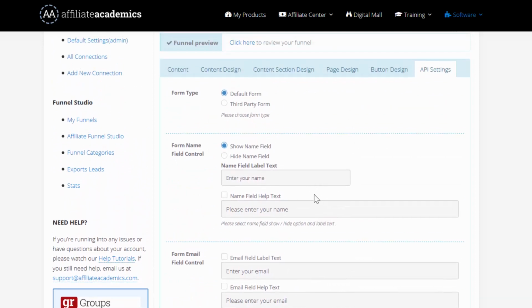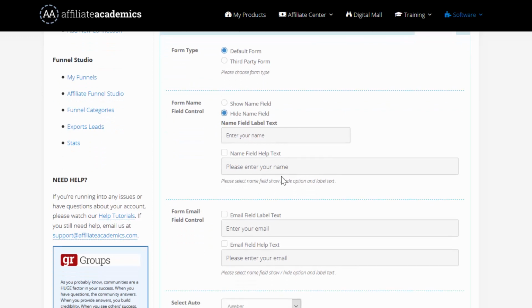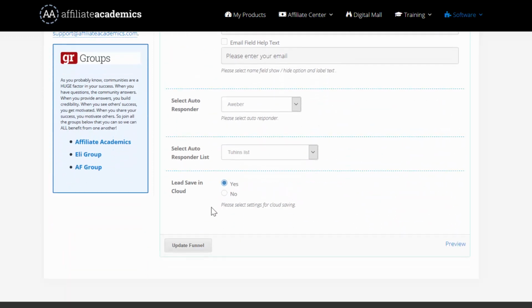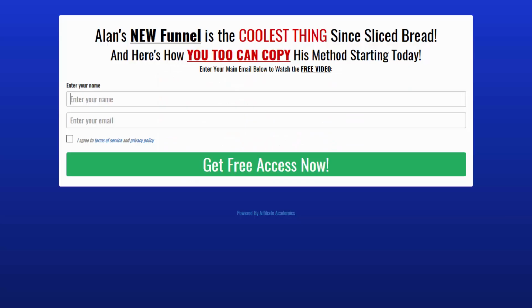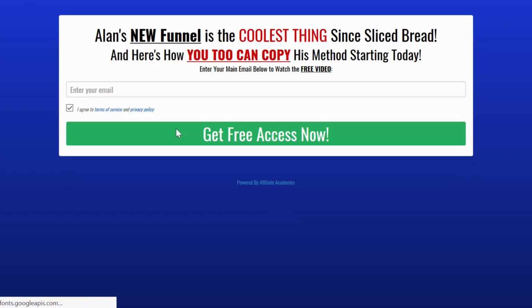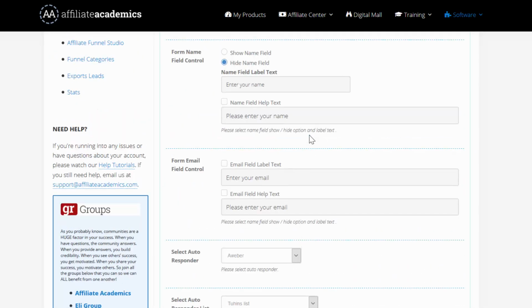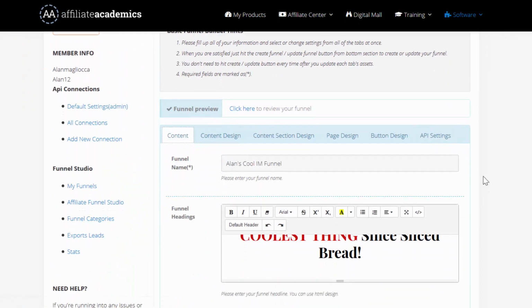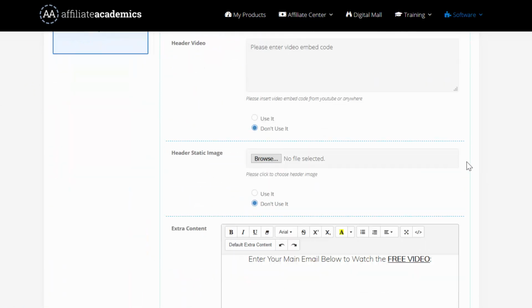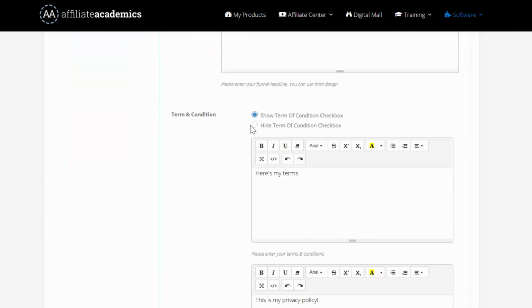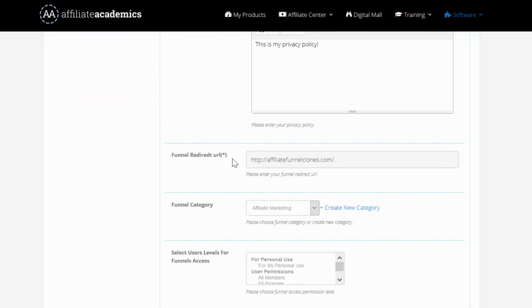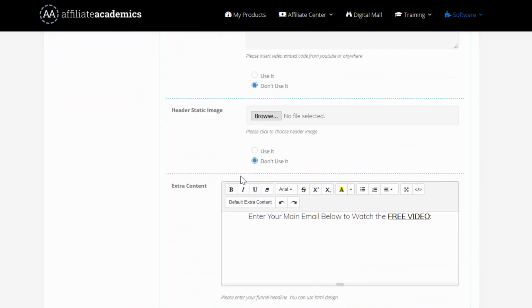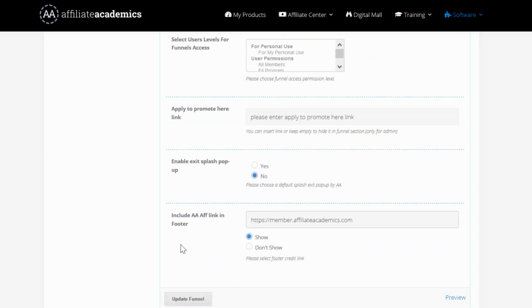If you don't care about connecting their names, again, you can hide the name field, and it would enter just the email, which again, if we update that and refresh, it goes back to just the normal enter your email. Also, if you're buying solo ads and you're doing only US-based traffic, for instance, you can also cut off the privacy. So we could do hide terms and conditions, and if we updated the funnel there,